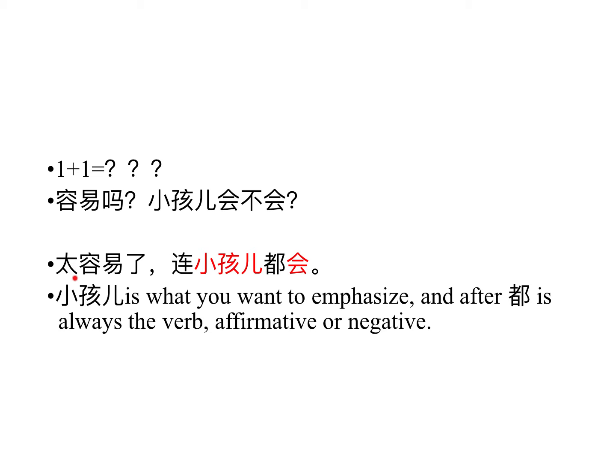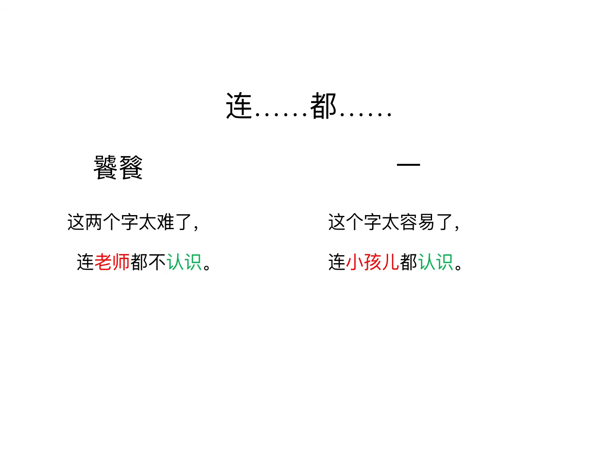So we say 太容易了，连小孩都会。Here, even the child is the things you want to emphasize, right? So you put it right after 连 and put the verb after 都。连小孩都会。